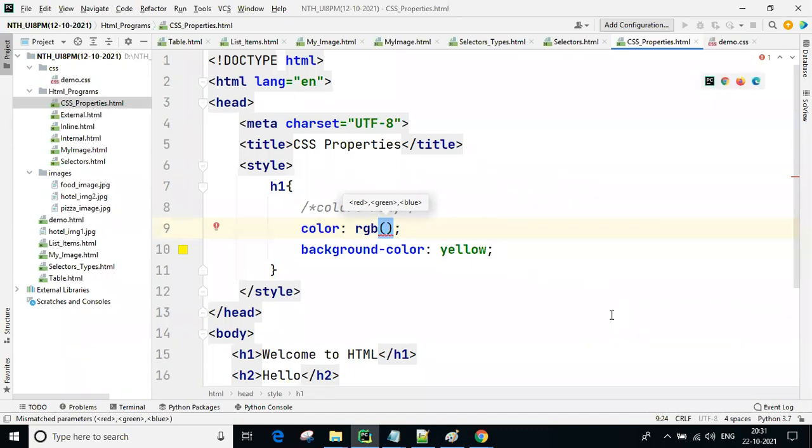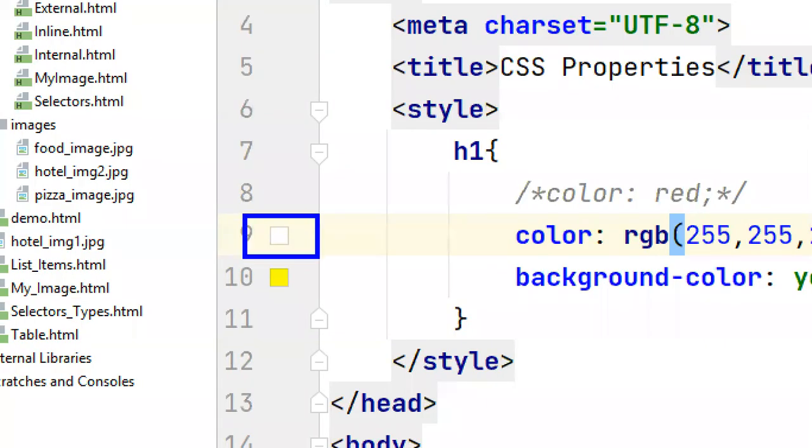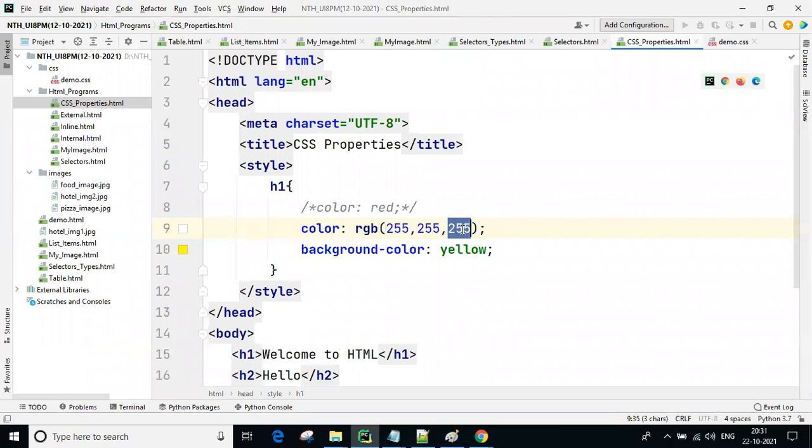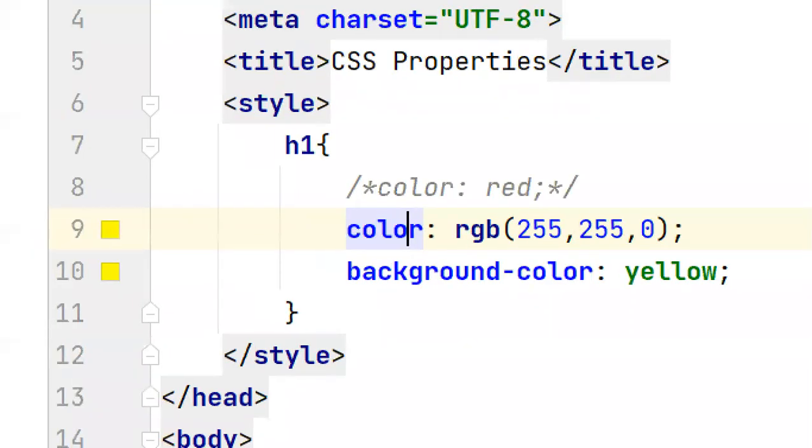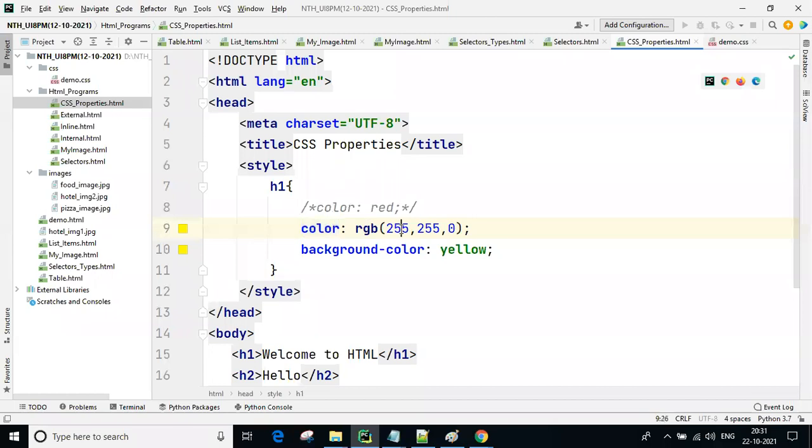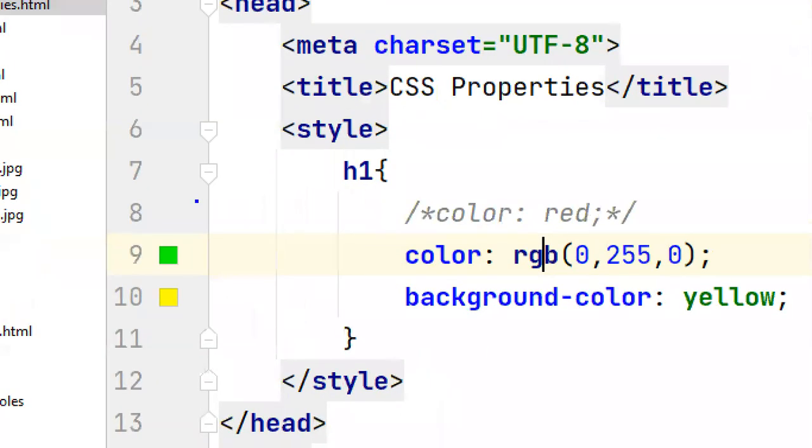Now when you are doing practice, you can use whatever you want. So right now you can see here 255, 255, 255. Now you can see, guys, you are getting white color. Now I'm using 0, 0, so this one is nothing but yellow color only. You see, you're getting yellow color. Okay, so the starting value I'm also using 0, and nothing but this color you are getting, green color.